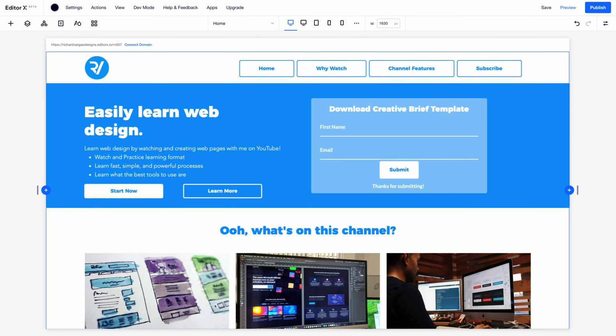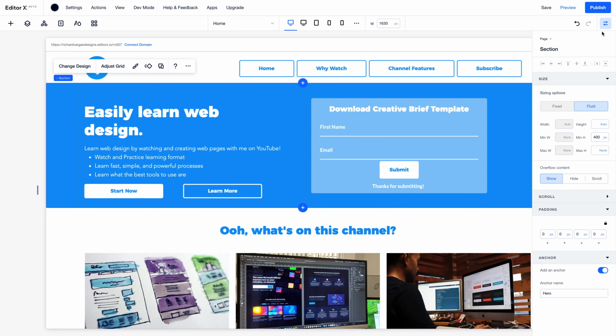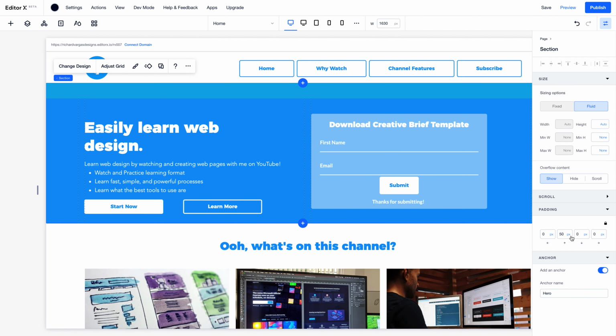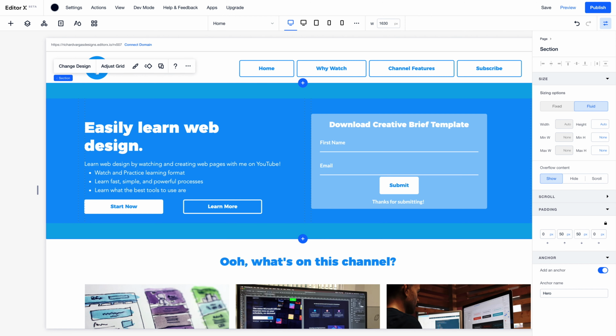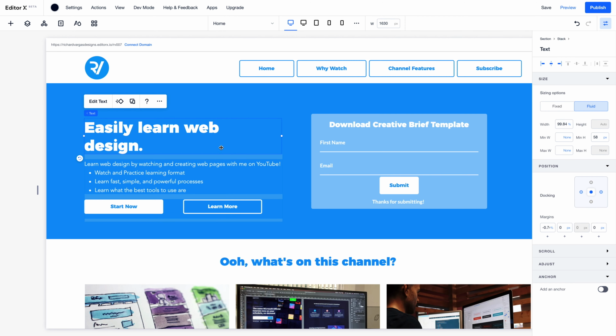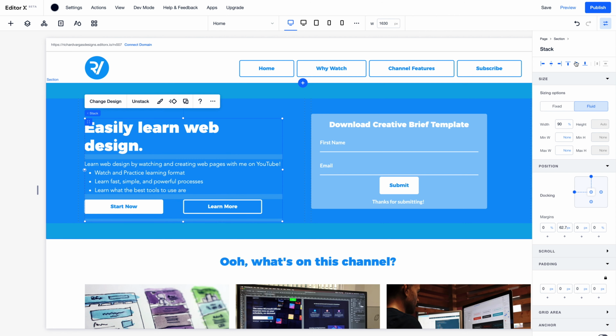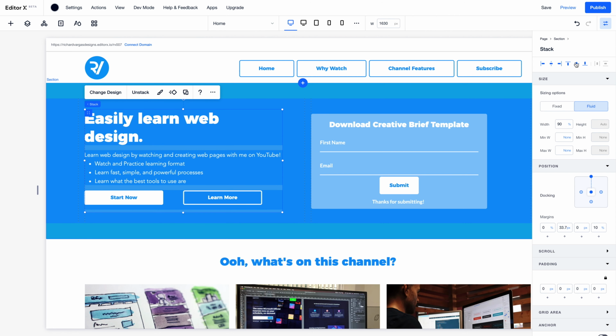So I'm going to start by going in here, selecting the hero section, going into the inspector. We have a minimum height of 400 pixels set here. I'm going to put this to 0 so that it has none, and then I'm going to add 50 pixel padding on the top, 50 pixel padding on the bottom. Then I'm going to select the stack, go into the breadcrumbs stack, align to middle,